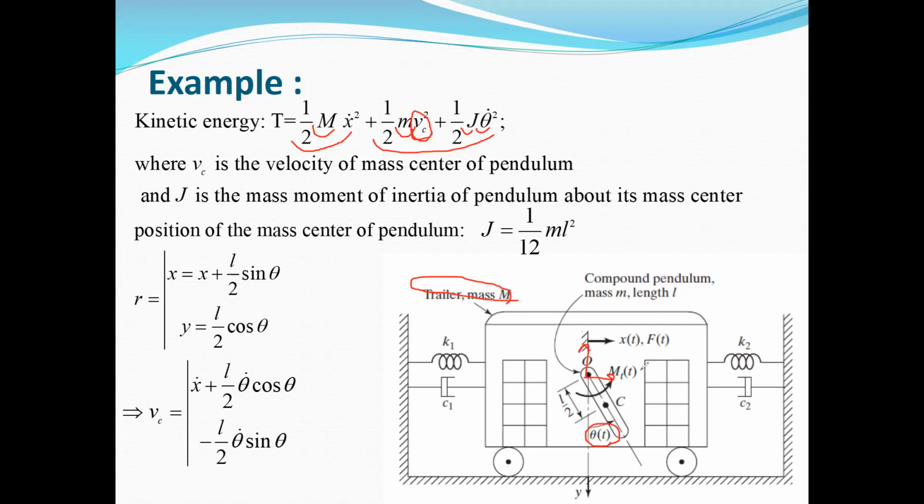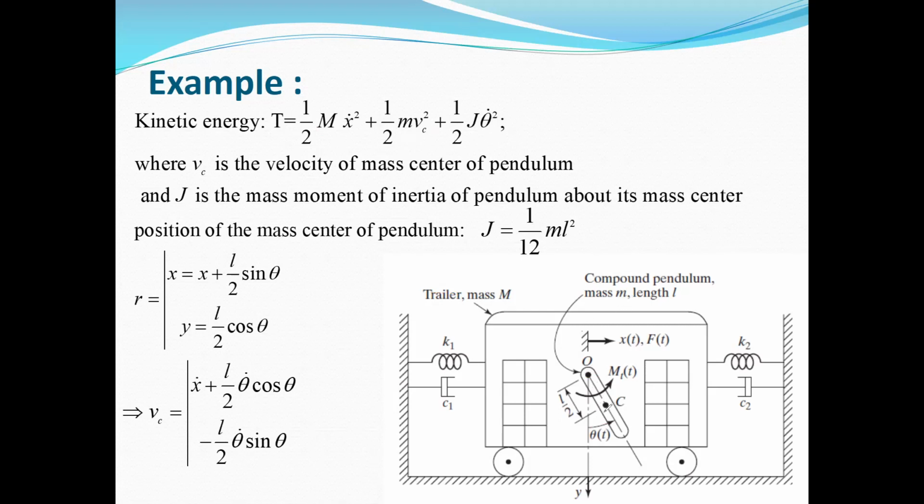For example, we can call it X and Y. And then you can write the relative velocity equation between point C and point O and write the relative relations for the velocity in this coordinate system, and finally extract the absolute velocity for this system. But here I will use maybe a little more simple method, and I want to find the velocity of the mass center by using this